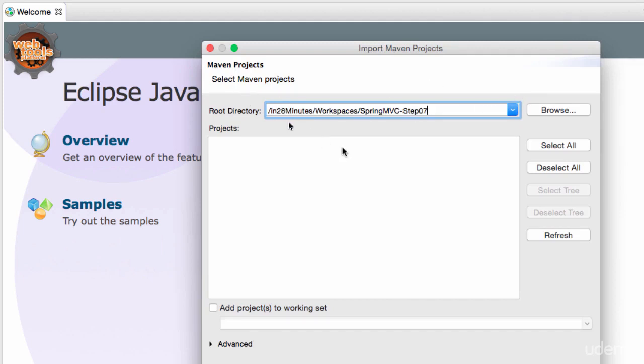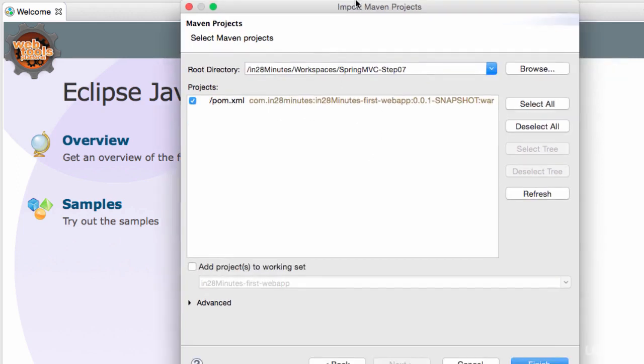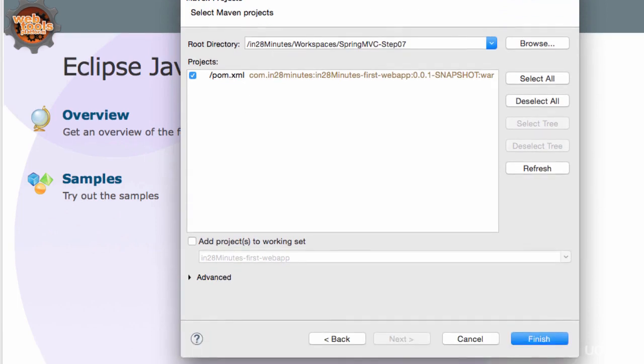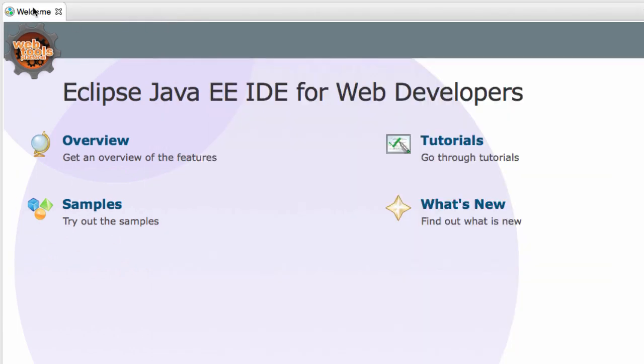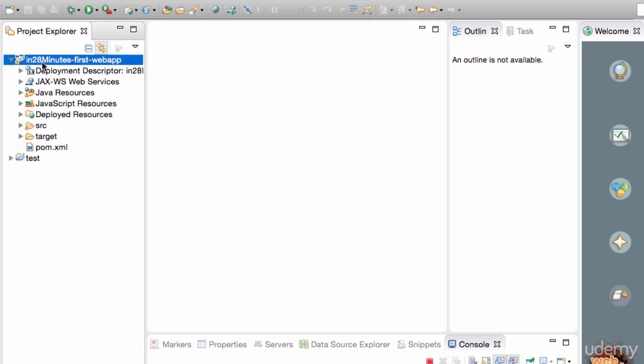I'm going to copy the place where I have copied the code in. That's in this particular folder. That's the folder which contains the pom.xml as well. So now I can go ahead and click finish. Eclipse would take a few minutes because it's using pom.xml. It might need to download a few things before we are set up, and it would show in 28 minutes